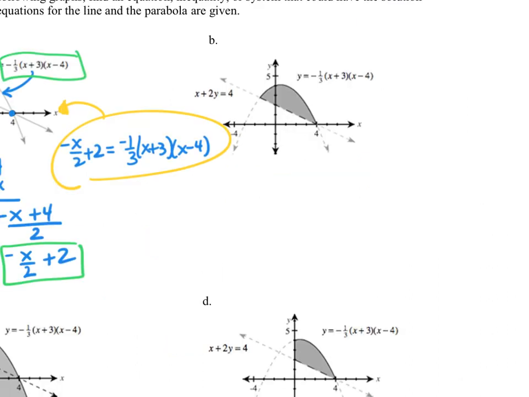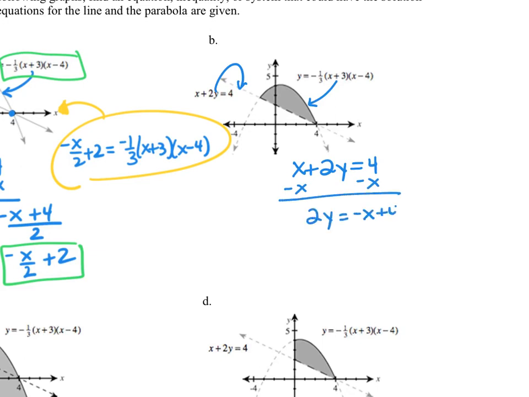As I look at B, again, I have a linear equation mixed with a quadratic equation. So there's my line that is dashed, and then there is my quadratic equation, my parabola, that actually has a solid curve to it. So what I can do is think about the equation x plus 2y equals 4, and I want to change that into slope-intercept form by subtracting x. So I get 2y equals negative x plus 4. And then if I divide each part by 2, I get y equals negative 1/2 x